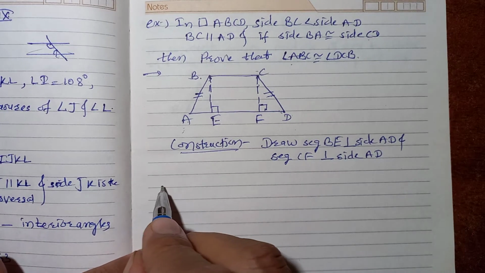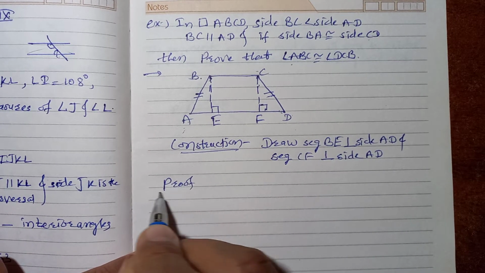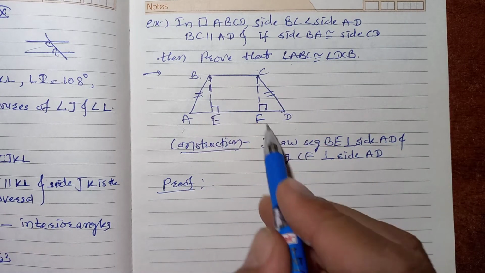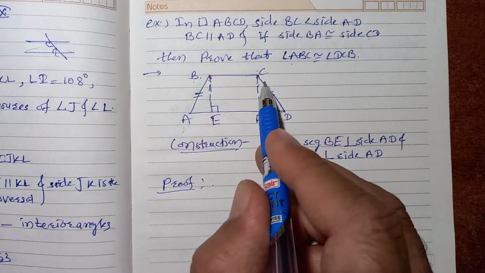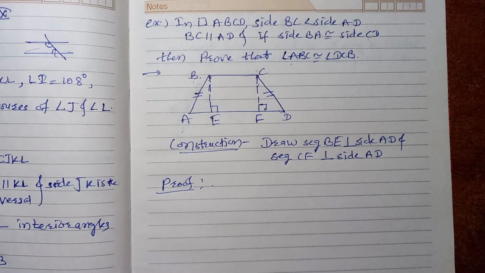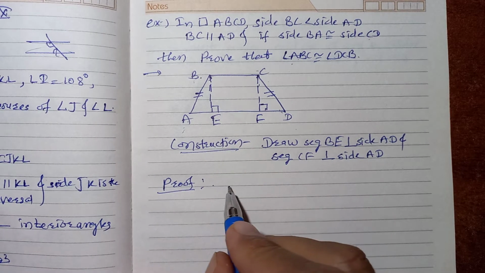Okay. So now in the proof, we have to write the proof of this theorem. For this, we have to show these angles are congruent, ABC and DCB. So how to show? For that, what things are needed, that part we have to write. So here we draw the perpendicular on this.